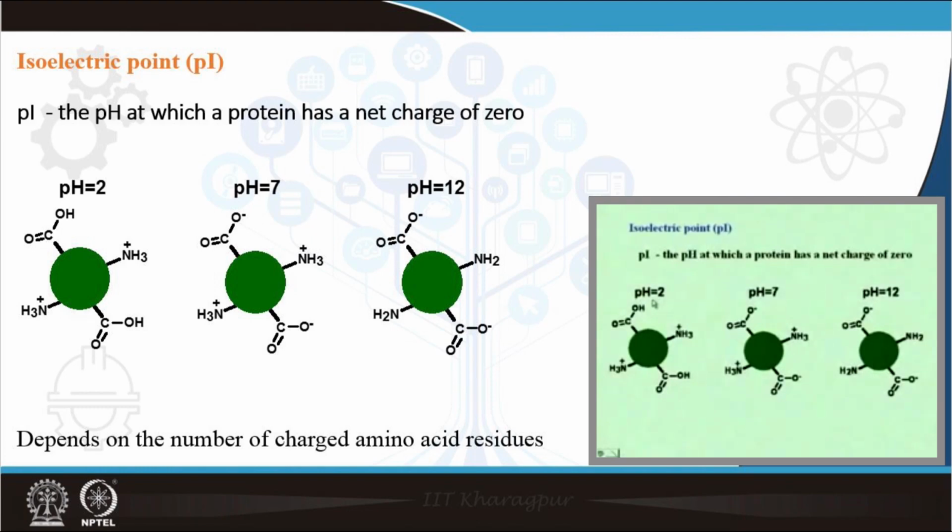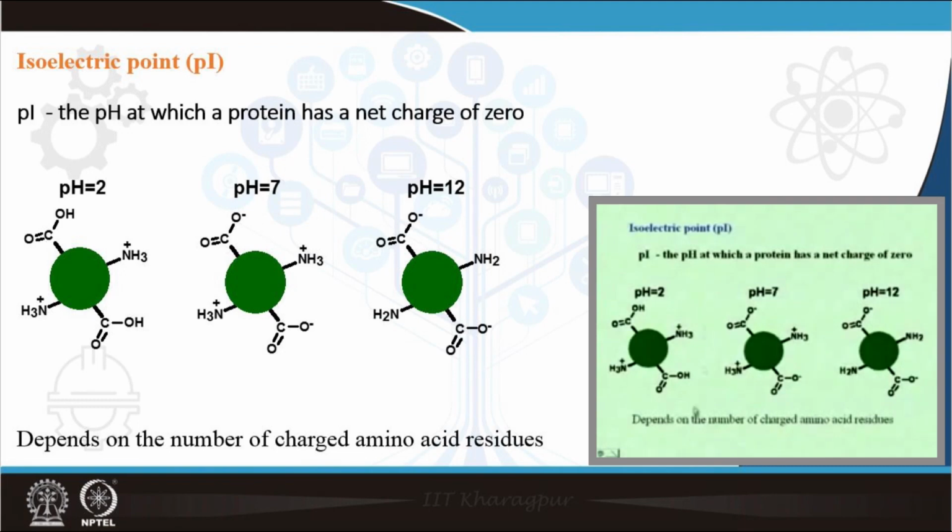I am going to achieve that at a lower pH. So the protein is going to have a net charge of 0 at a lower pH than would a basic protein. Okay? So that is what we mean when we consider the